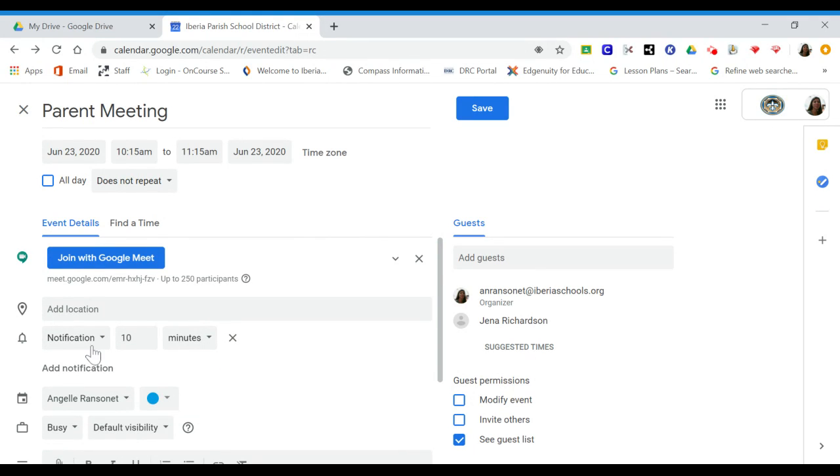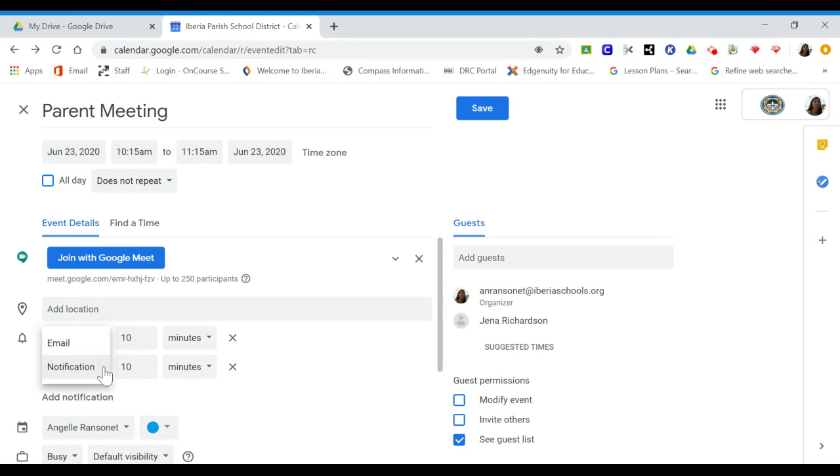Again, we have location here. Notification, you can choose if you want it to remind you when you have your meeting. You can either do a regular notification or email, and you can choose your time. If you do 10 minutes, then it'll give it the notification 10 minutes before your meeting begins. You can even choose to do it different ways. So you might do one as a notification, and then you might do one as an email, and it'll email you. Let's say we wanted to do an hour,